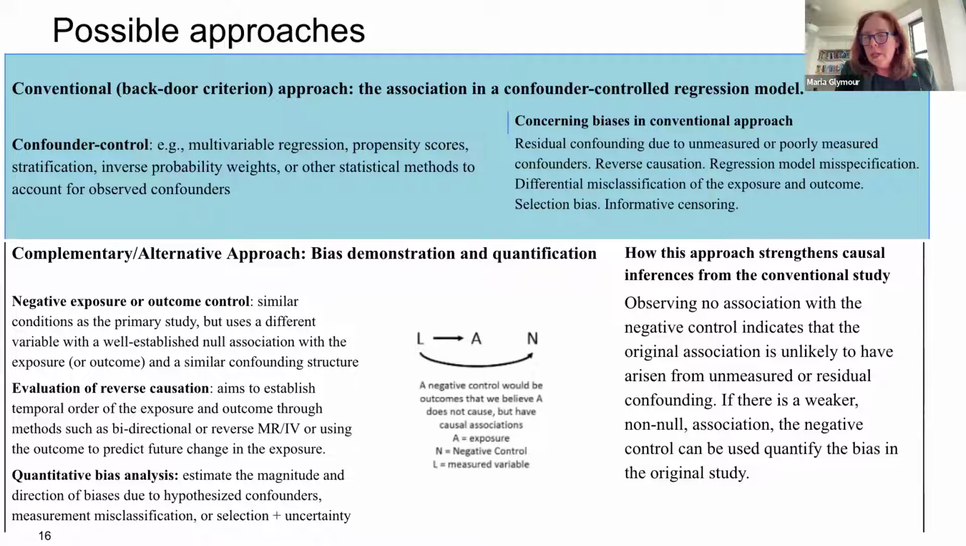I think this is a particularly important application of Mendelian randomization. I'll talk about an application in a couple slides. And quantitative bias analysis, which in our group we found super helpful in that a lot of potential biases are